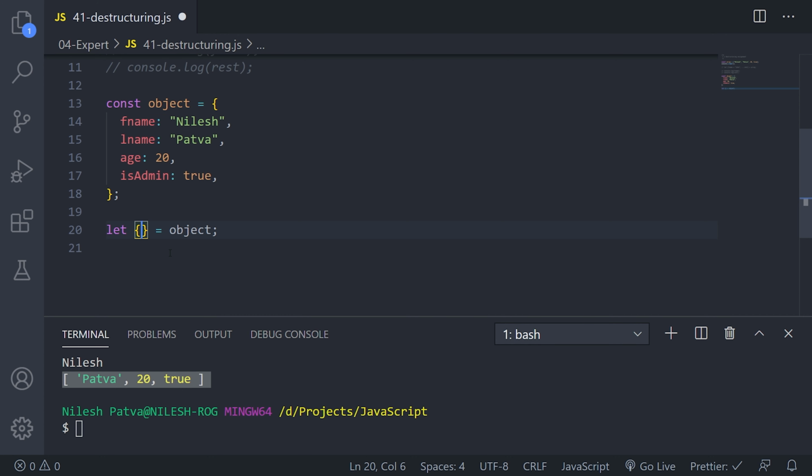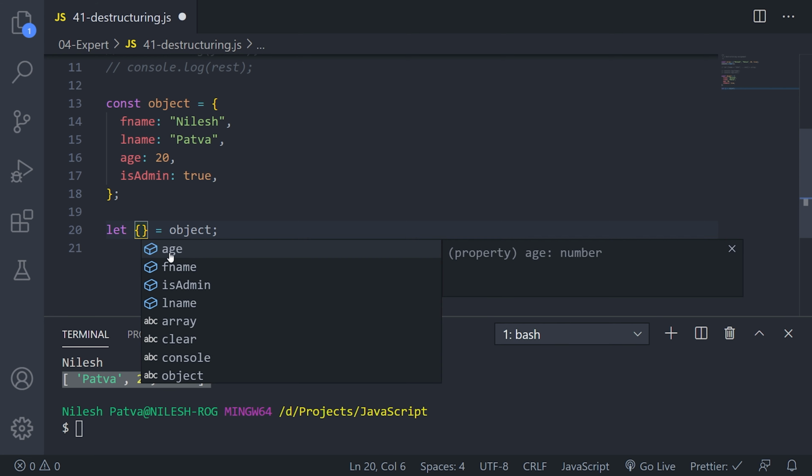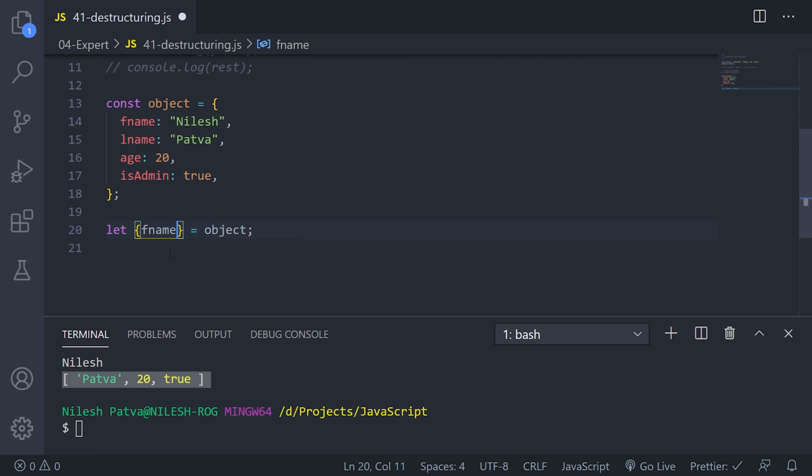Then you have to add the variable names here. If you do control space here, you will also see the same variable names or property names available to you. So you can directly use them like this: first name, then I can write last name, and if I print this out, I'll do first name, then I'll again print the last name.